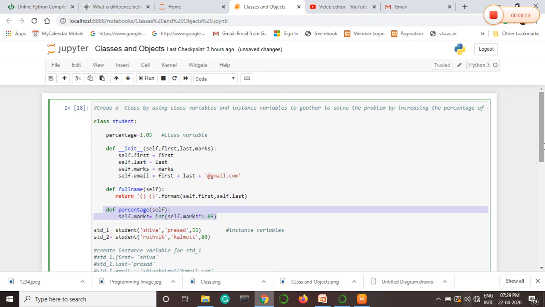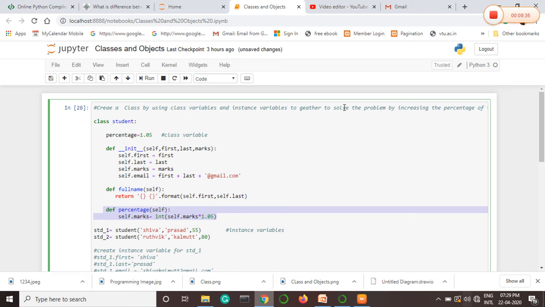Okay, and this is about another program which we can come across. So the next is how to access. Till now, what are the things that we came across? We came across how to create the instance variables manually, how to create the instance variables automatically by using the init method, how to create the class variables, and how to make use of those class variables in instance variables, and at the same time how to define the class using the syntax class, space, class name, with colon, statement 1, statement 2 up to statement n. Okay, so these are the things which we came across in terms of classes and objects.